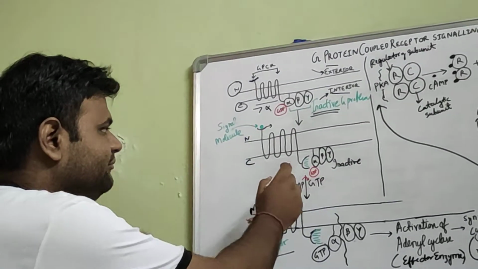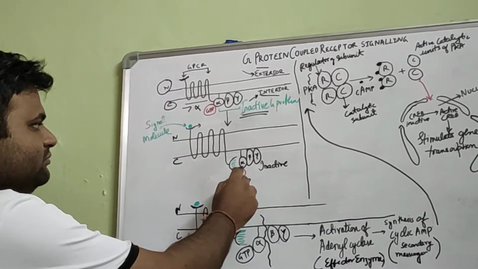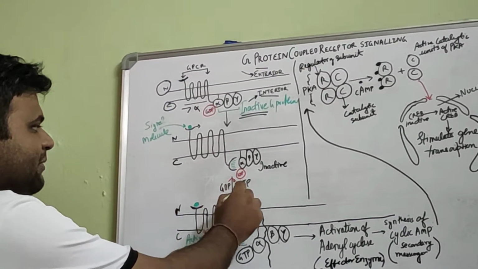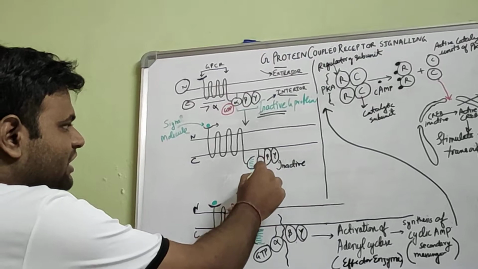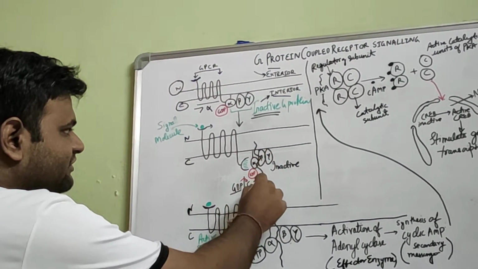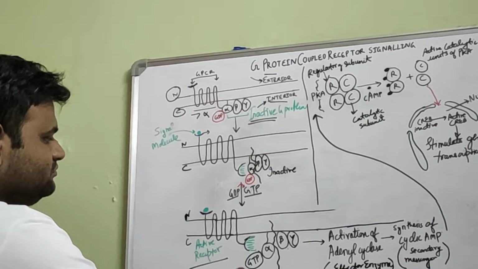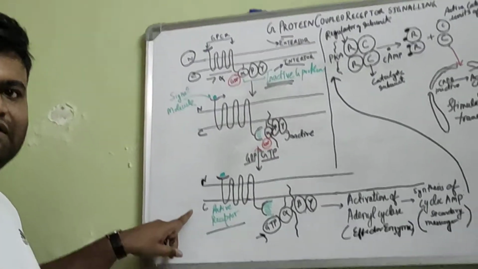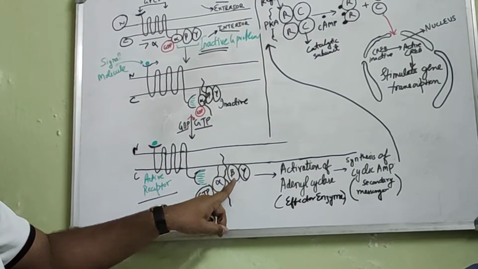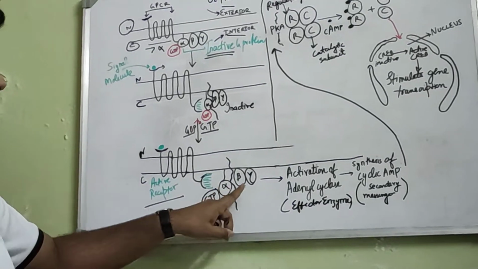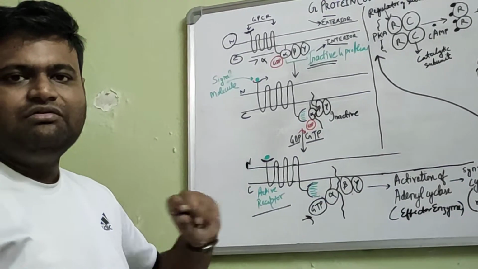a conformational change in the G protein whereby it undergoes a GDPase activity in which GDP is exchanged for GTP. The alpha and beta gamma subunits separate and the GDP is replaced by the GTP. Now this is the active state of the cell signaling. In this case the beta gamma unit dissociates from the alpha subunit and leads to the activation of adenylyl cyclase, which is an effector enzyme.